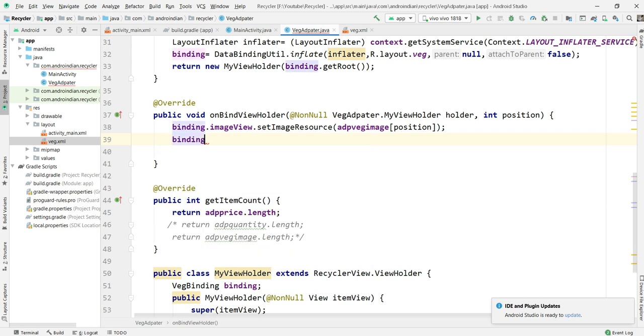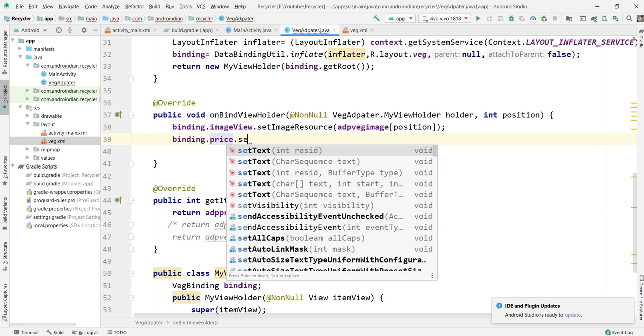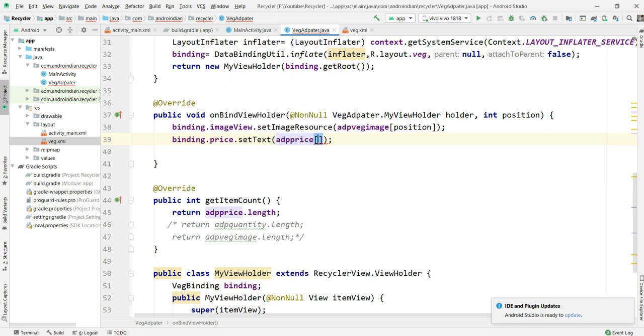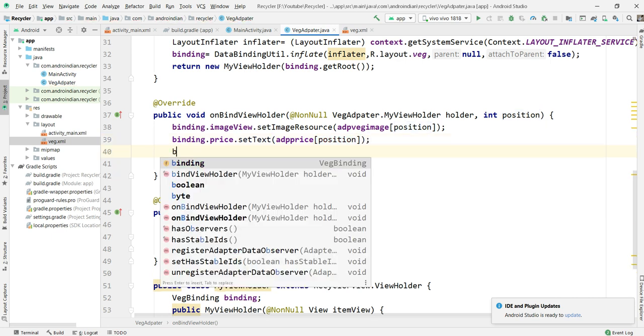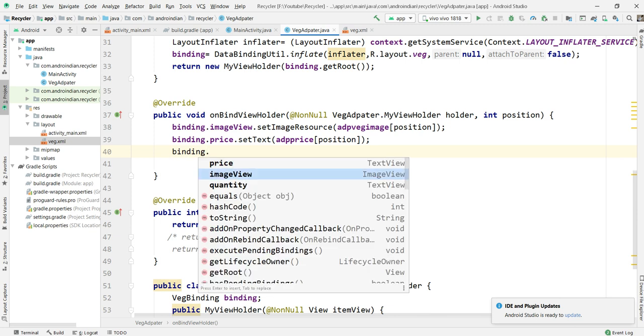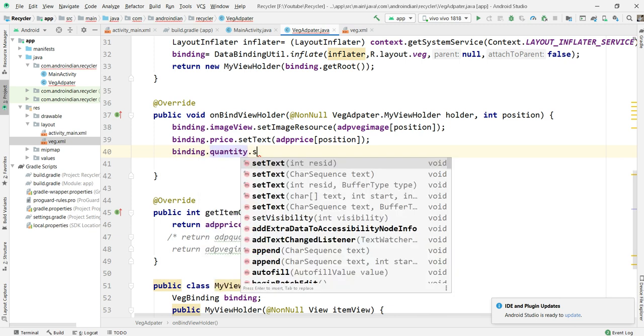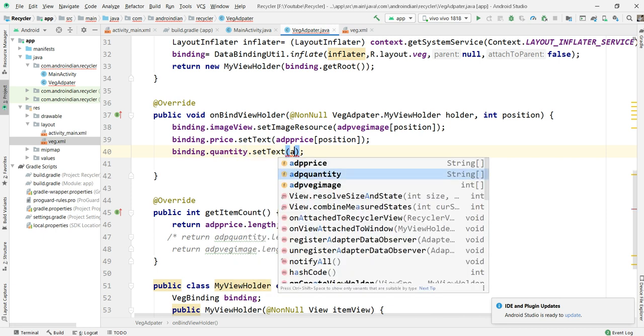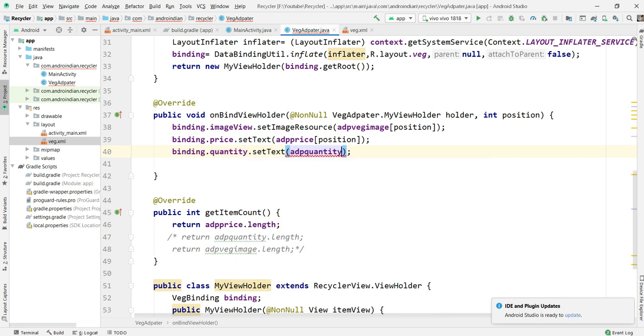So binding.price.setText, so that is ADP price of position, correct. So it's done. Then the last step: quantity.setText of ADP quantity of position, right.